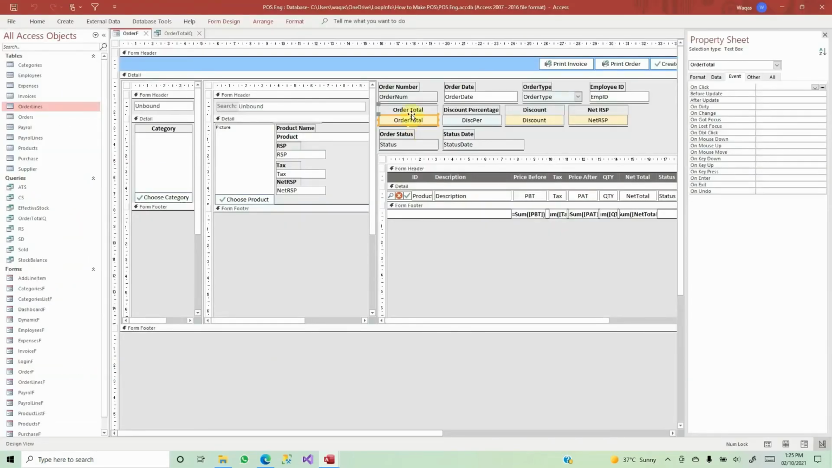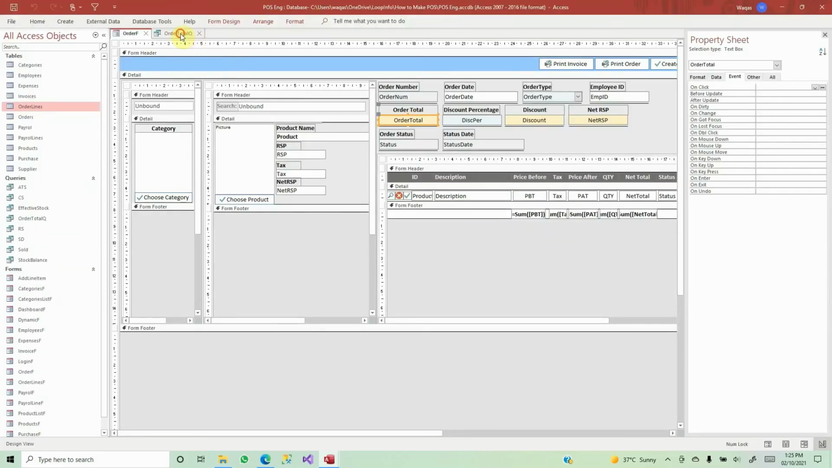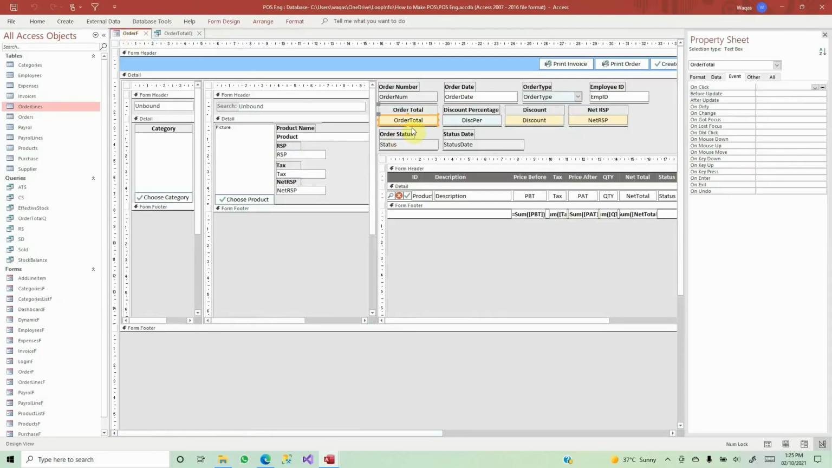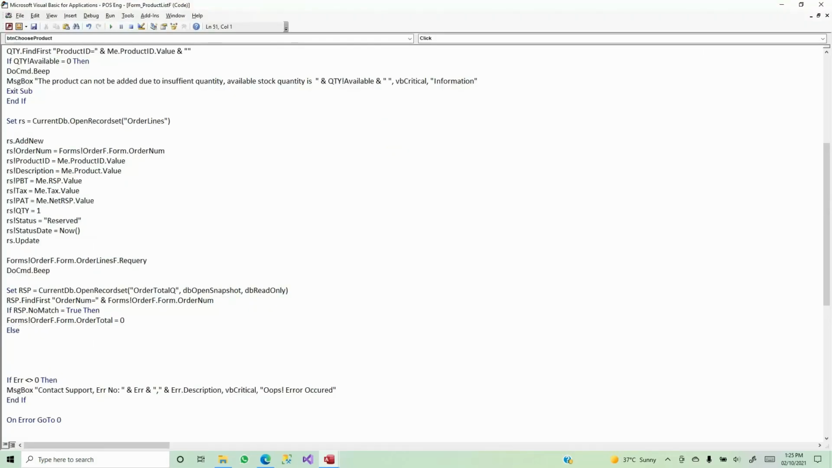That's the name of the field. Order total is equal to 0, right? Because there was no match, there was nothing here, so we want to keep 0. But if that's false, and that will be achieved by else, then forms exclamation mark order f dot form dot order total